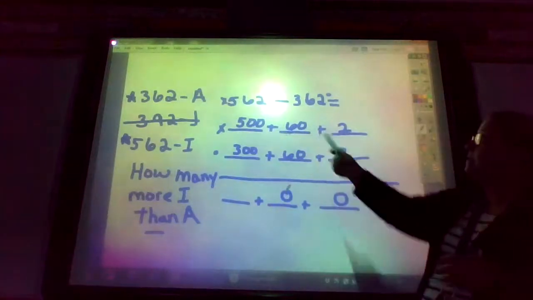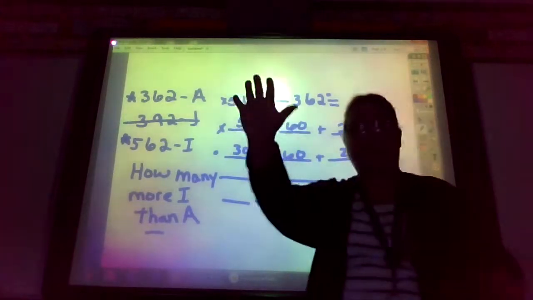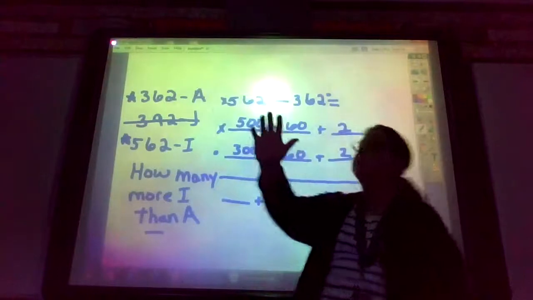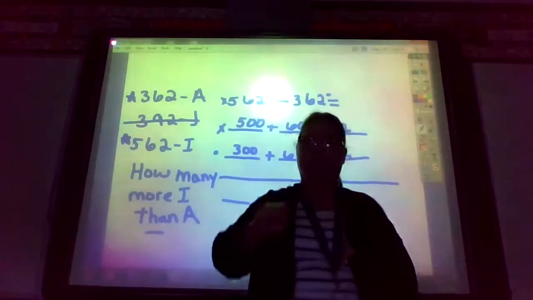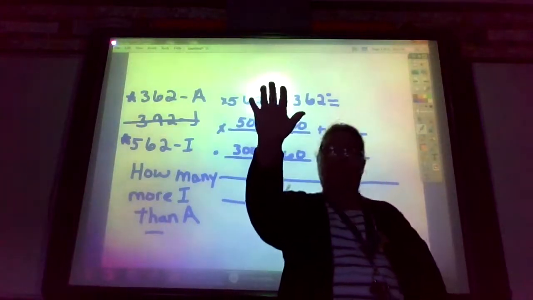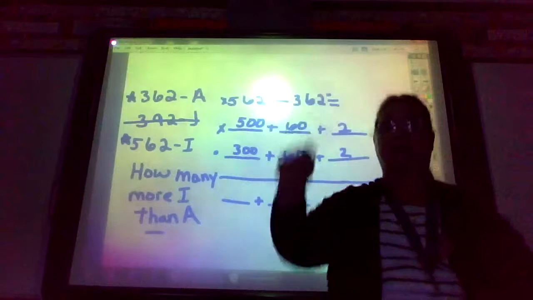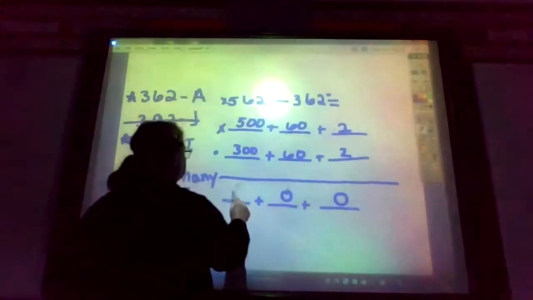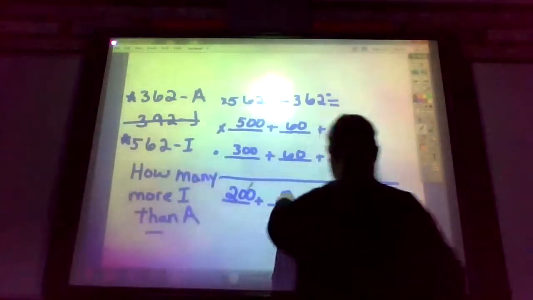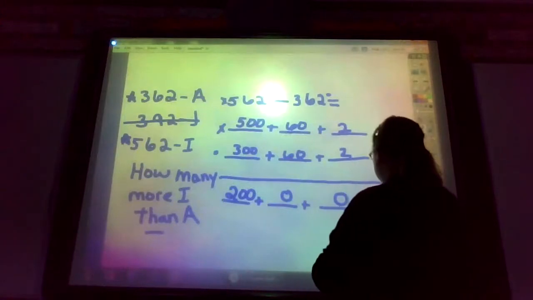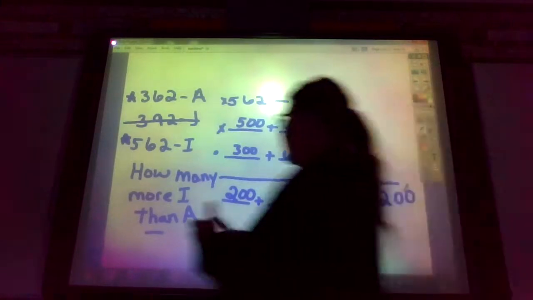All right. Now I'm going to look at my hundreds. I'm going to pretend I have 500. This is my 500. And I'm going to take 3 of them away. 1, 2, 3. I have 200 left. Let's do that again. Let's pretend this is my 500. And I'm going to take 300 away. 100, 200, 300. I have 200 left. So if I put my number together, 200 plus 0 plus 0 would give me 200. So my answer is